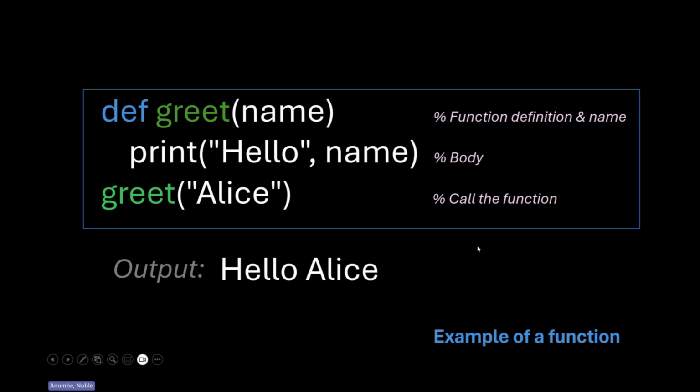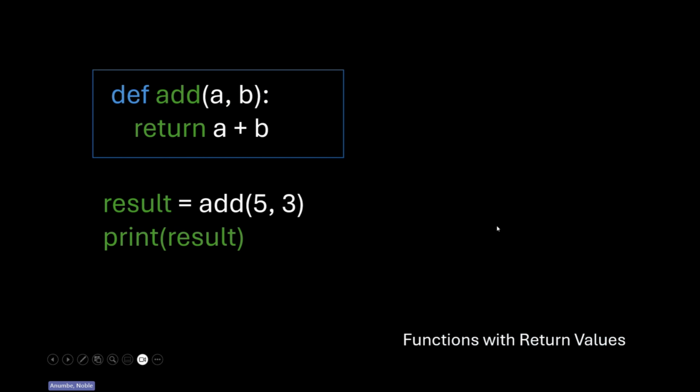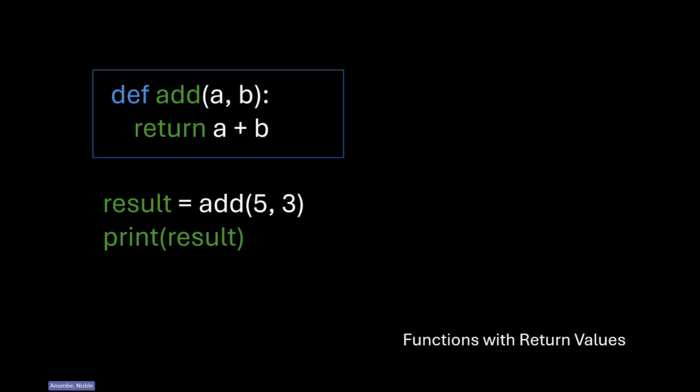So this is supposed to be hashtag, not percent, it's the hash. This is supposed to be the comments. This is the function definition and name. This is the body, and this is the call to action. So this is a typical example, again, of a function. And so that's where I'm going to stop with this, and we would continue